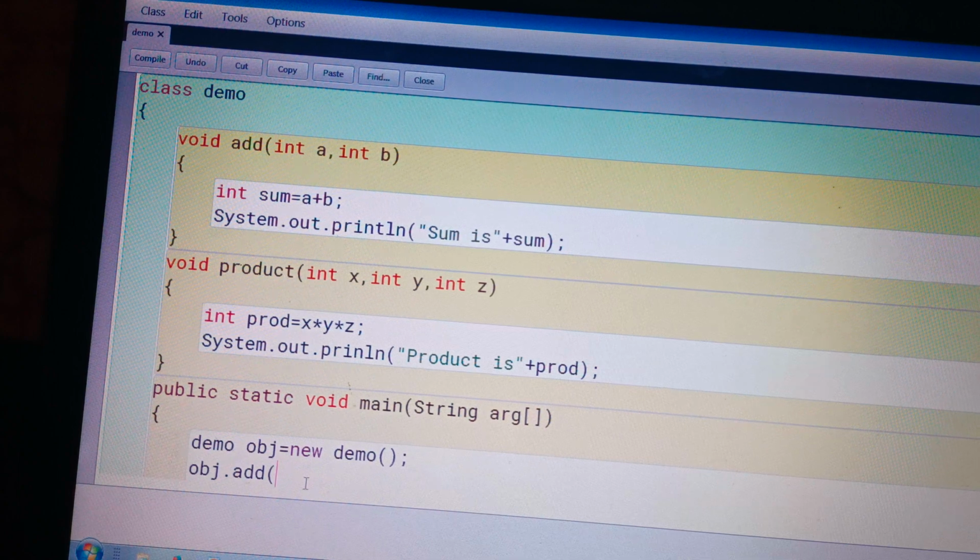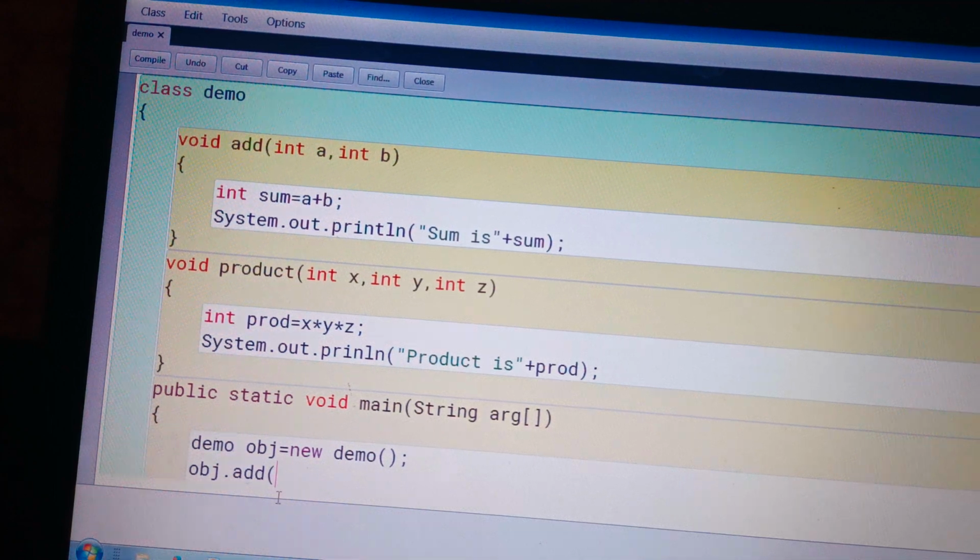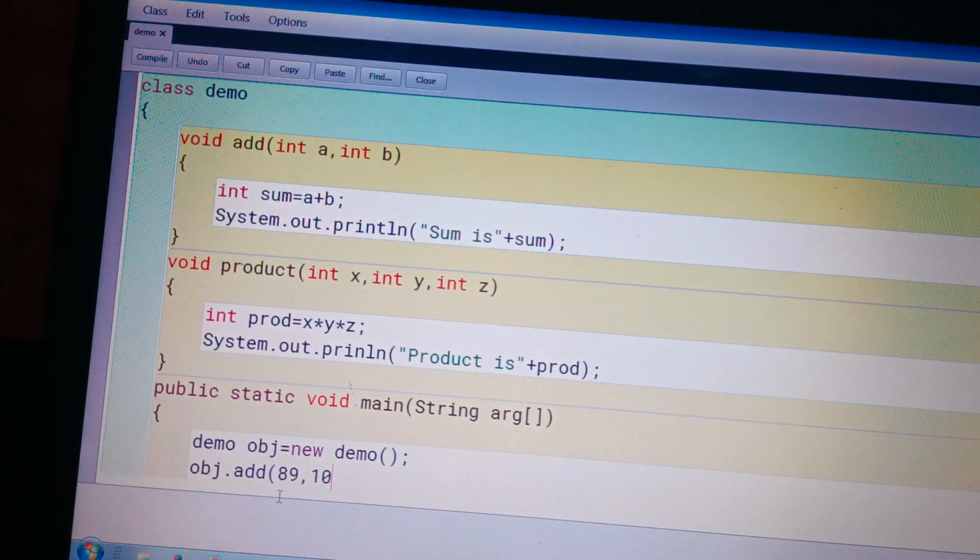So when we call this method, we need to give two integer values here. Okay, so here I am giving 89 comma 109, these two values, and close this method.